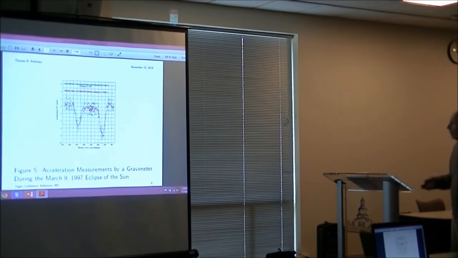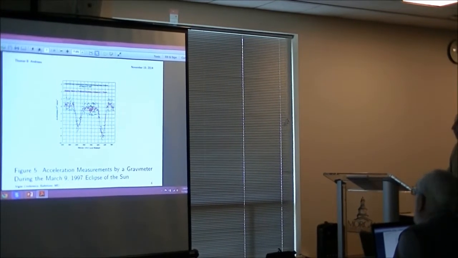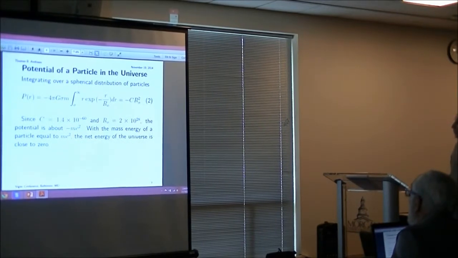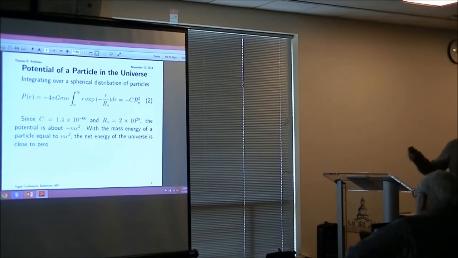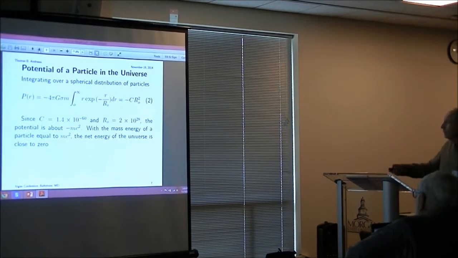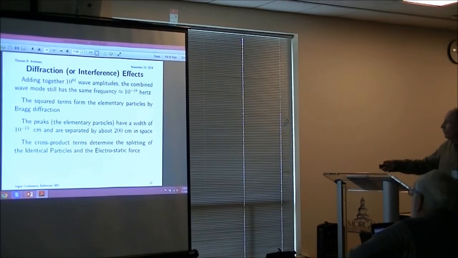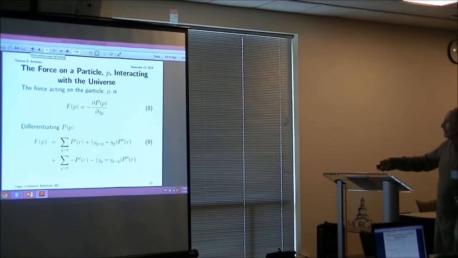I think we can go on and discuss some other portions. You want to go to the next slide? Yeah. Okay. This just gives you an idea of how you calculate the potential of a particle in the universe. Pick any particle and you can do this calculation. It's rather simple. Under the integral sign there, you see... I'm sorry, we'll go back. Keep going back to page 8, I think.